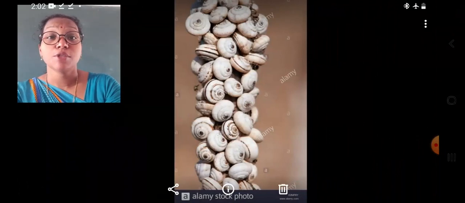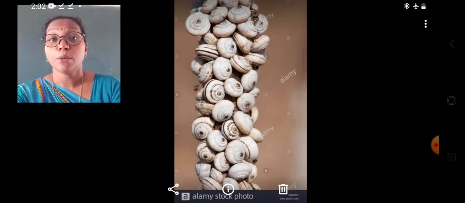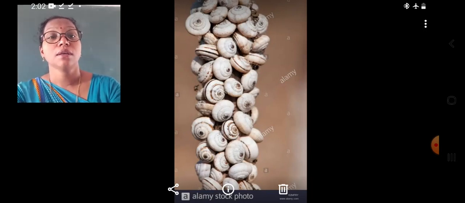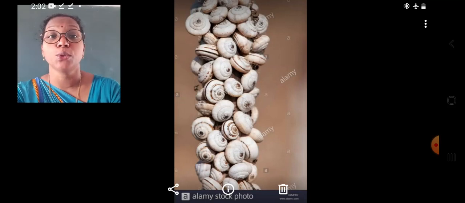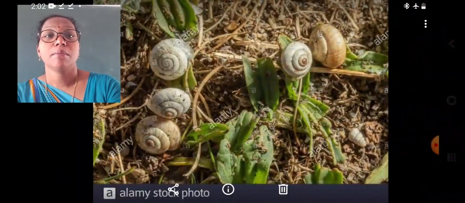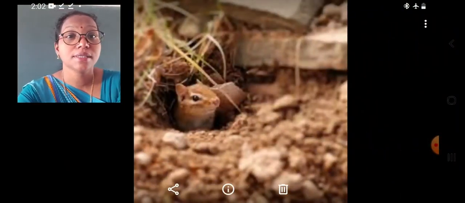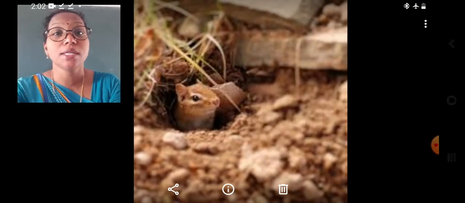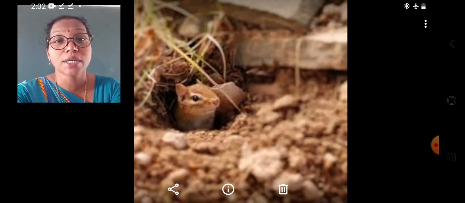There are many species of snails that undergo the phenomenon of estivation. They stick together and prevent their body from drying up during the summer. Many species of snails undergo the estivation. The mammals such as the bats and squirrels also sleep during the summer to escape from the severe hot conditions.